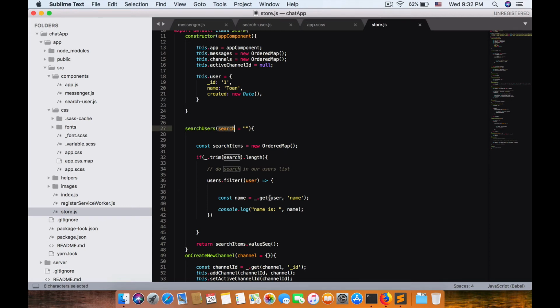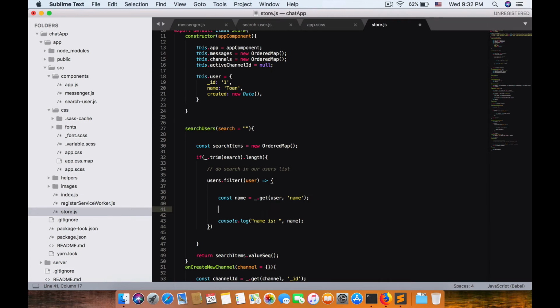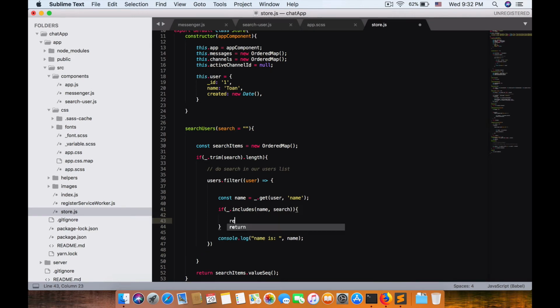If my name contains the search key, now we return this. Alright, name dot, so use the lodash function includes name and search. Right, and then we return user, return, no, so right,